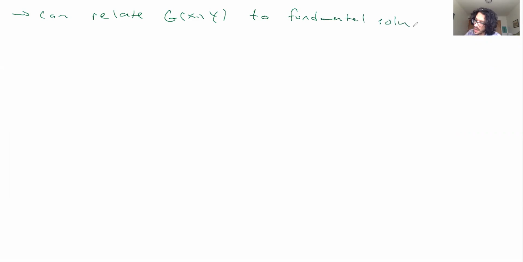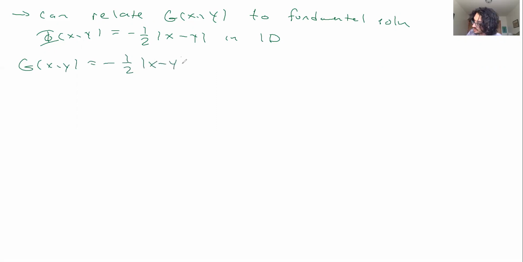We didn't work this out, but in the case of the one-dimensional Laplace's equation, we can write the fundamental solution like -1/2 the absolute value of x minus y. So in this case, g of x,y is going to be equal to